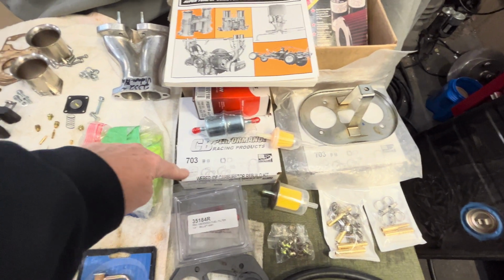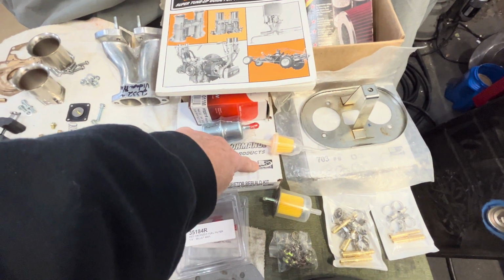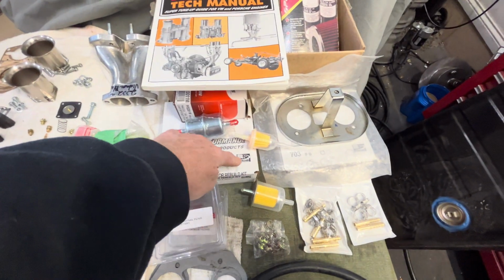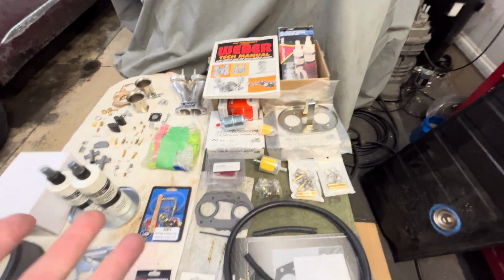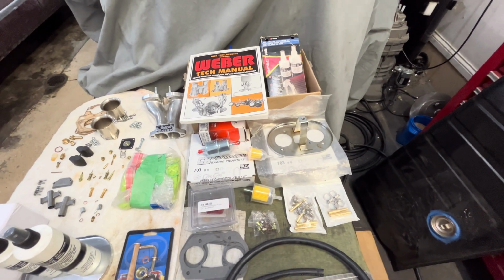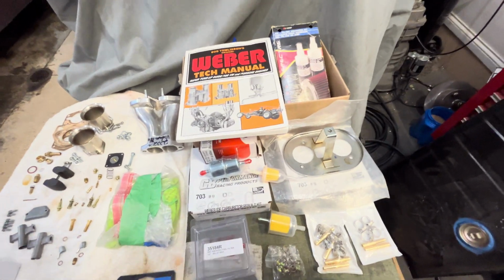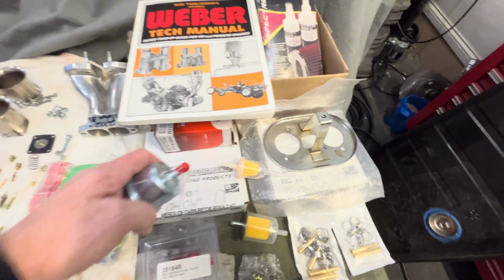I've noticed even in some of their kits, there's not Redline. They're doing a lot of their replacement parts for Weber carburetors that are not Redline. CB is one of the best in the industry. Of course, you can say, all right, I have a 1,000 horsepower Volkswagen that's nitrous, and they're not for that. Okay, I'm talking about 90% of the people who are getting aftermarket Volkswagen stuff, not the guys running 36 horsepower